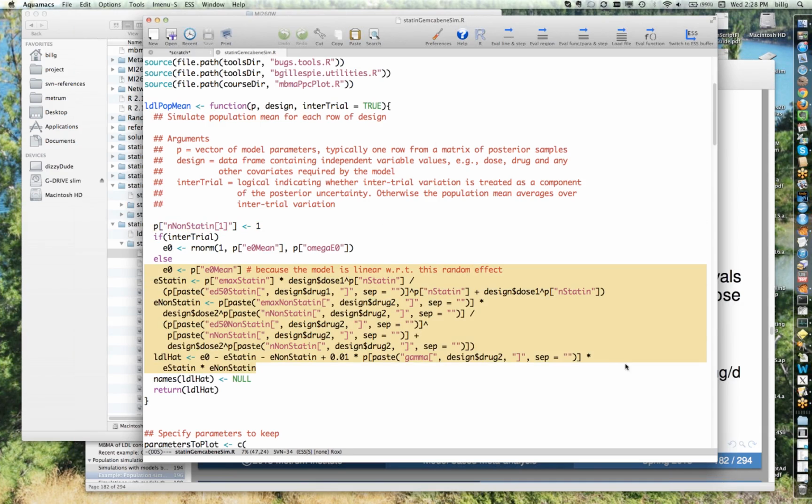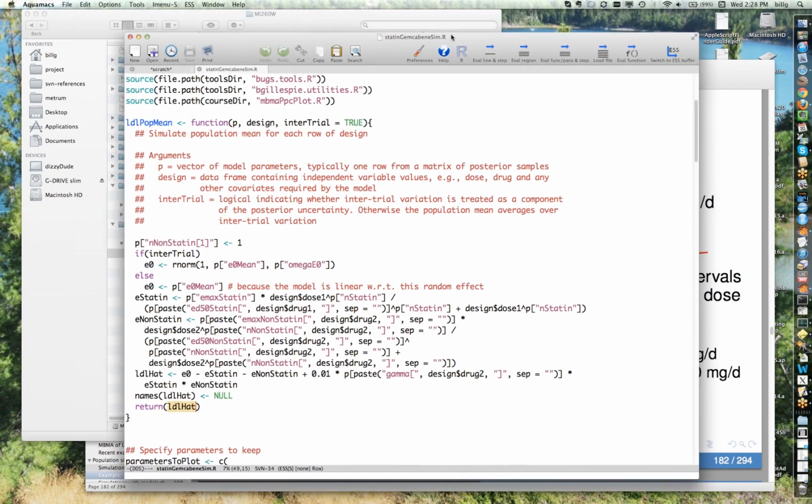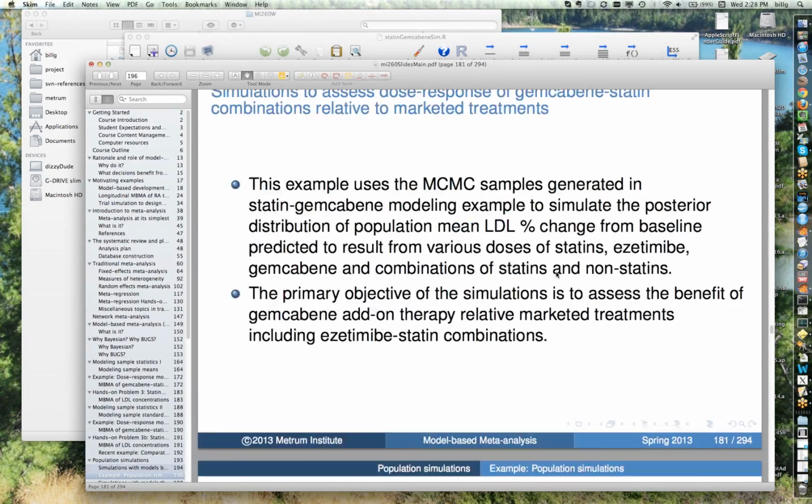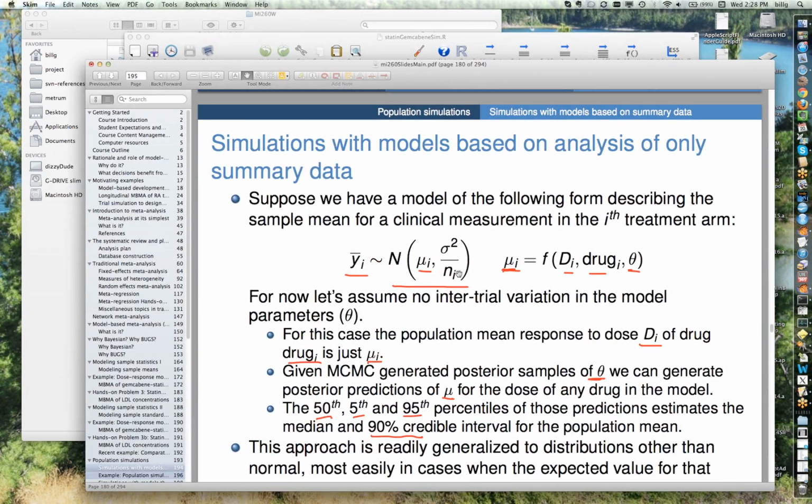All that's going on in here is this is just calculating our LDL, or as I put it here, LDL hat, which is our LDL percent change from baseline, the mean for our population mean based on this. Now, in this particular case, recall that our model described the population mean change